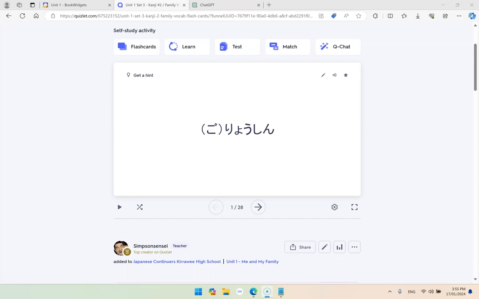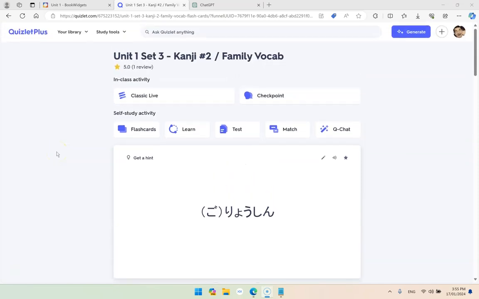In this video, I will show you how to take an existing Quizlet set and turn it into a multiple choice activity on BookWidgets with as little manual input from you as possible. So step one is going to the Quizlet set you would like to turn into a BookWidgets multiple choice worksheet,